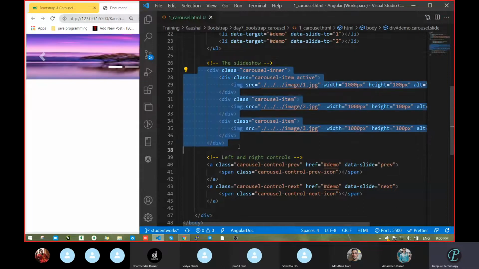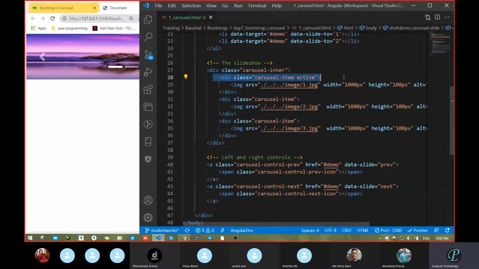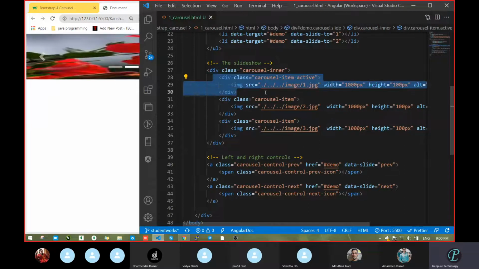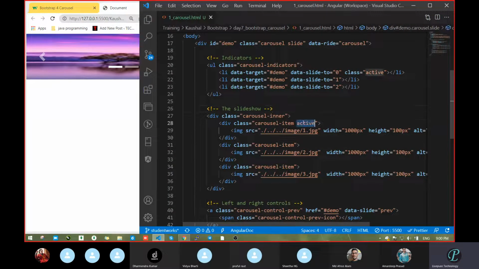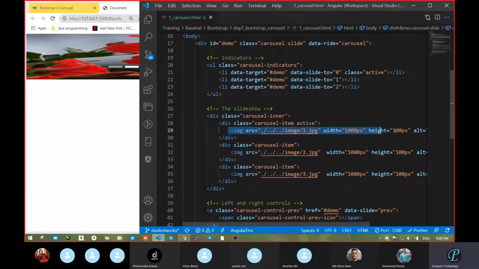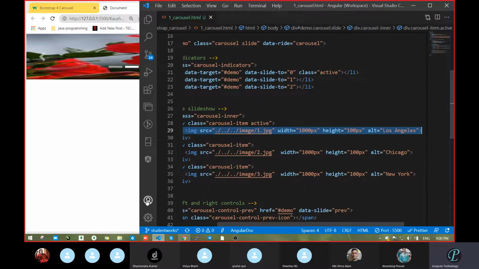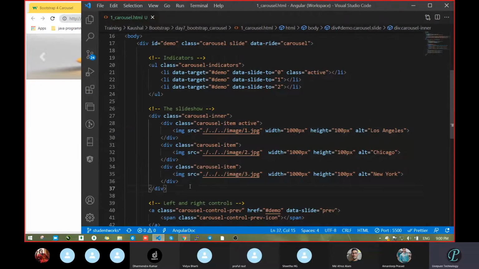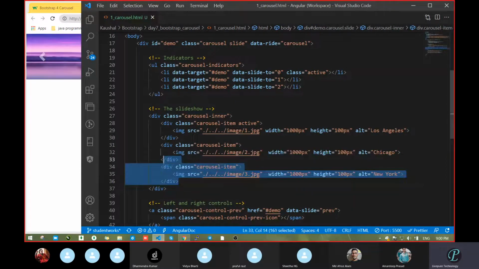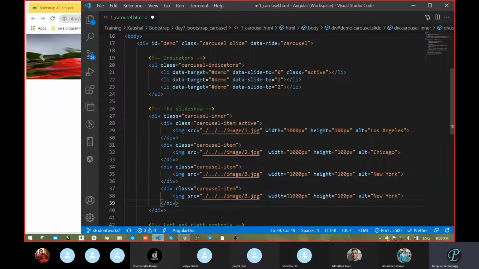So next, carousel inner. Inside inner, what we had done, we took one div with carousel item and active. Active means what? Again, the same thing: which image has to load first? So due to active, it is representing that image. Clear? Next, inside we pass the image tag. Nothing else is there in this case. Now I do not want only 3 images. I want more images. What will you do? You will just copy paste this content to the bottom and change this image.